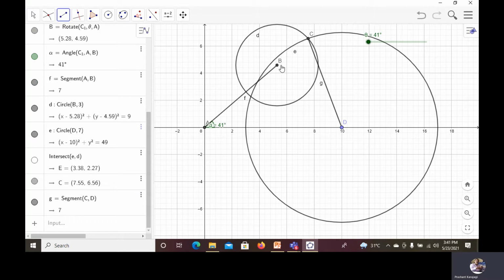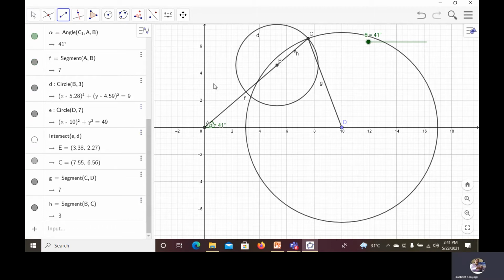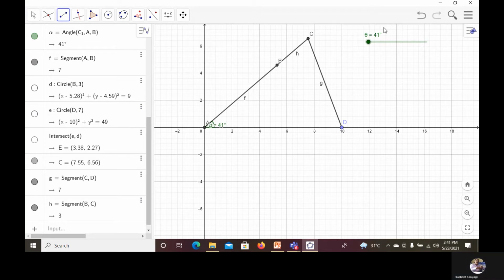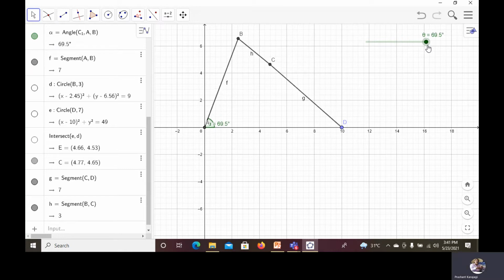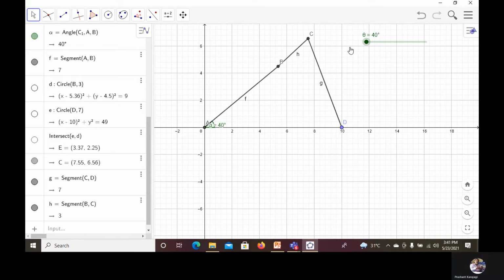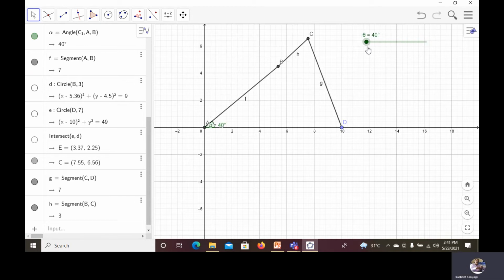Now again use that line command with segment. So here we have completed A, B, C, D. Now deselect the circles D and E. Now if you change the slider for theta, here you are observing the mechanism, which is a rocker mechanism.